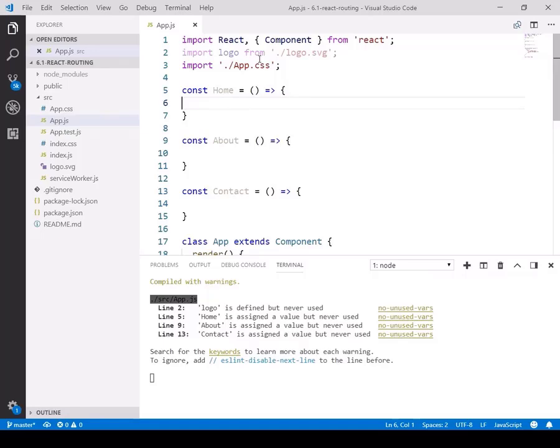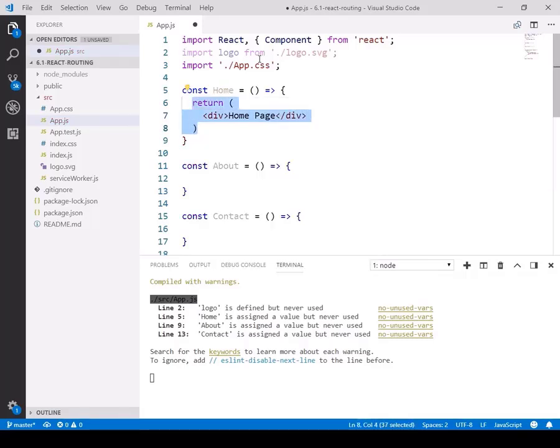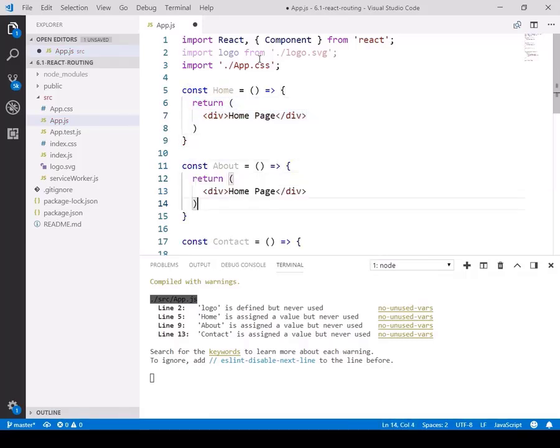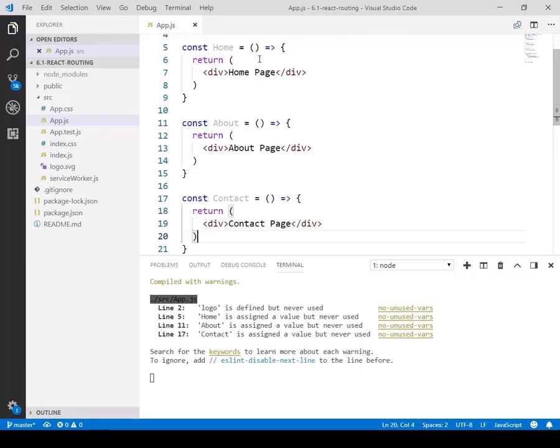In the home component, I am simply rendering the message home page. In the about component, I am rendering about page. Respectively, in the contact component, I am rendering contact page.